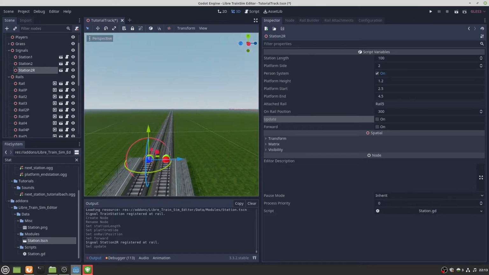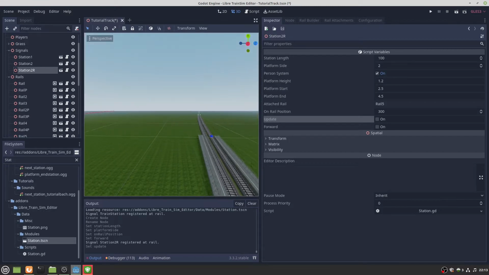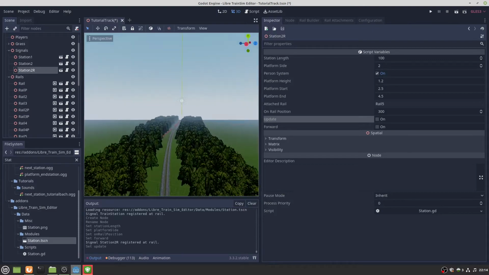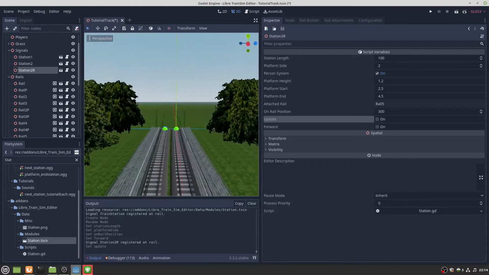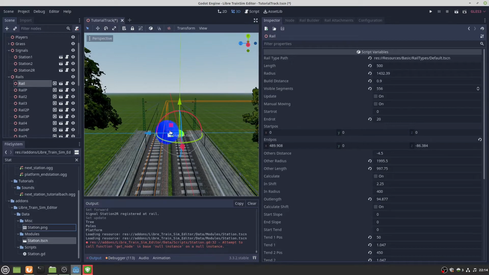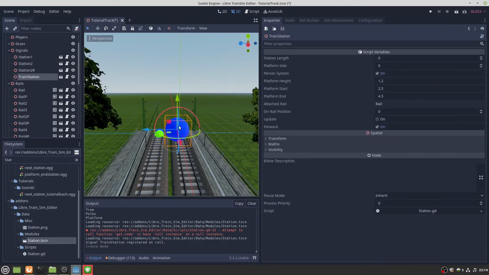Okay, I'm doing it at this one. You don't need to add any station point on platforms you will never use, because that just saves your time. And select this station here